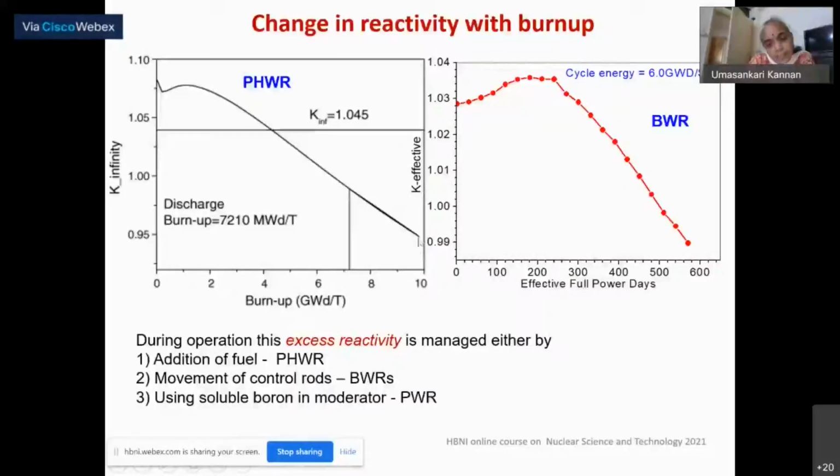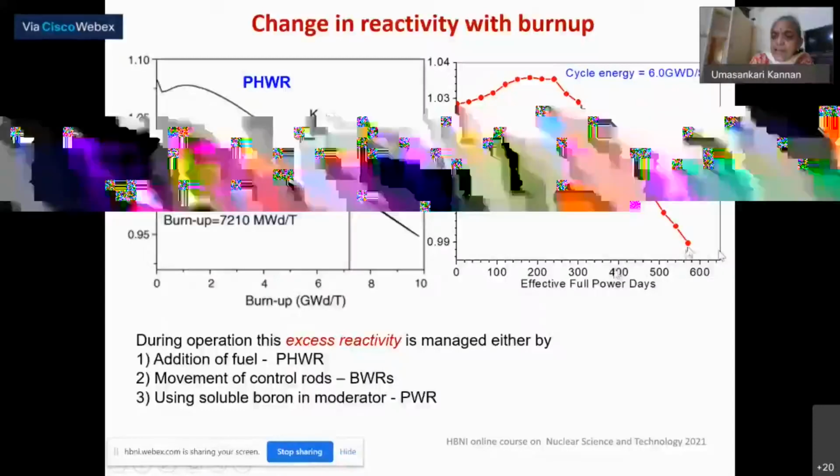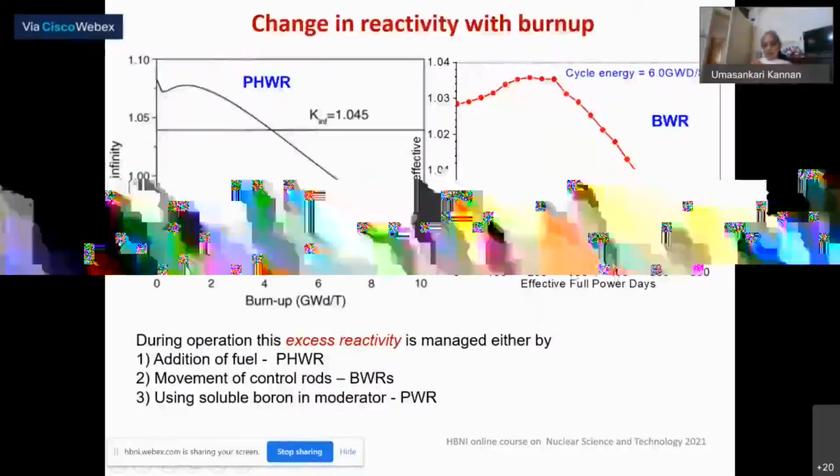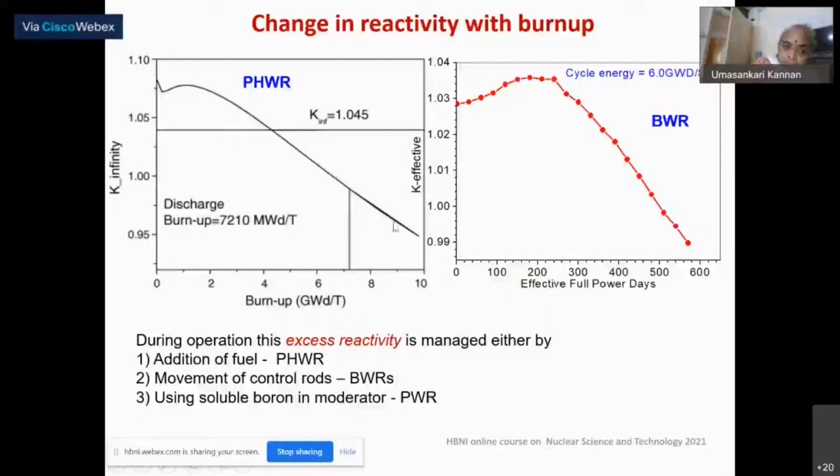In a reactor, some bundles would be of higher burn-up and some bundles will be of lower burn-up. The average of the core would be around 7,000 megawatt day per ton. So this is the line which we saw, and we have to keep on monitoring this excess reactivity. In a BWR also, similar kinds of things are there, but on your x-axis you can see, because we are using enriched uranium, you go for longer days. So this is the kind of cycle length, we go for 1.5 to 2 years as the refueling period.